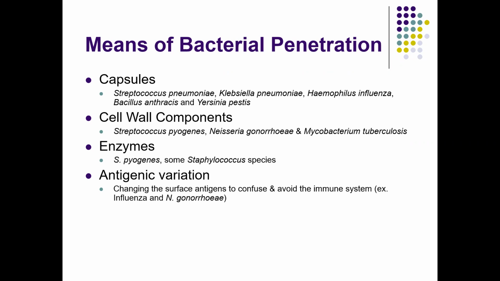But the flu virus is the best at this. Now, I put it in here just to mention it because, of course, we're only talking about bacteria right now, okay? But I put influenza here because the flu virus is probably the best at antigenic variation. So of course it is a virus, not a bacteria, but in terms of pathogens, the flu virus is probably the pathogen that is the best at doing this. It changes its antigens so quickly and so effectively.